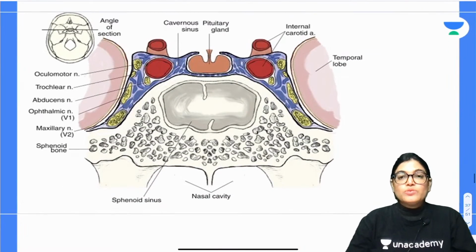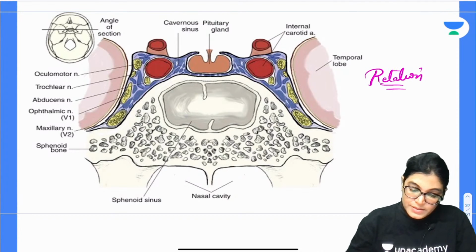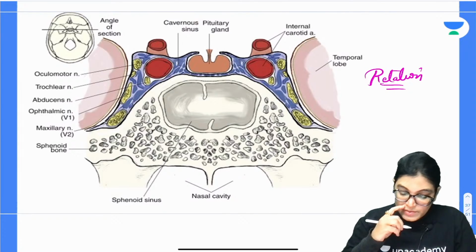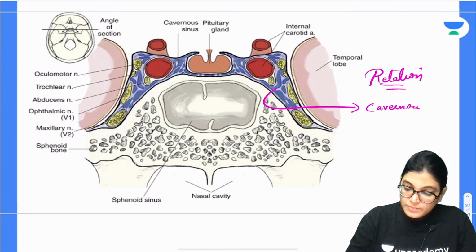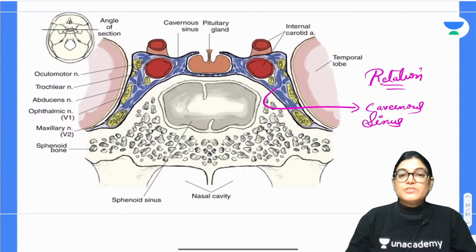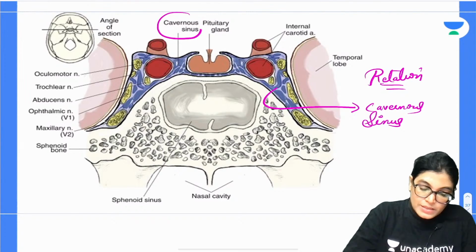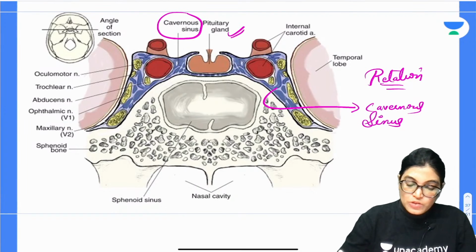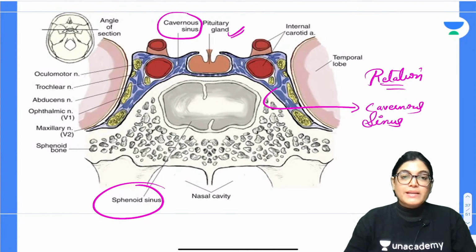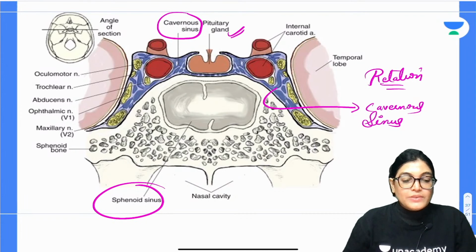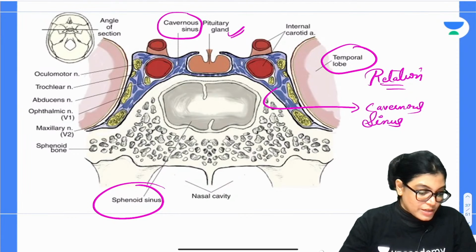Firstly, I would like to show you this diagram where you can appreciate the relations of cavernous sinus. This blue colored structure which you are seeing is the cavernous sinus, which has many trabeculae inside. Medially it is related to the pituitary gland and the sphenoidal sinus, which is clear in this diagram. Laterally, if you see the extent of cavernous sinus,